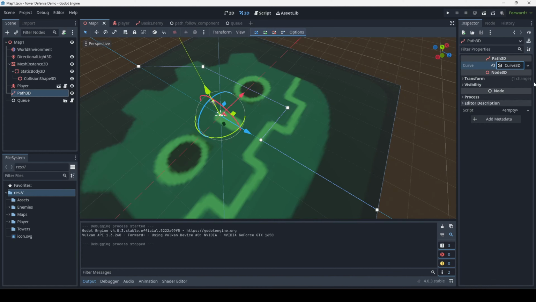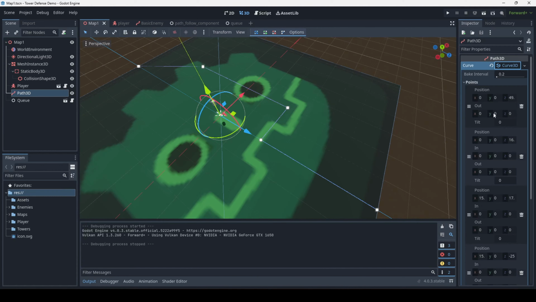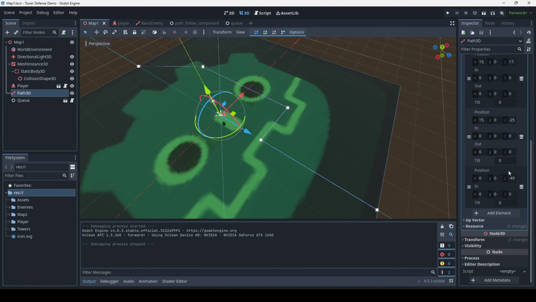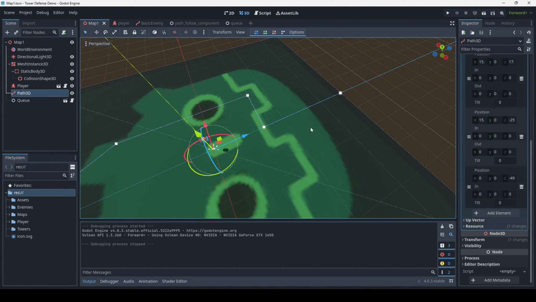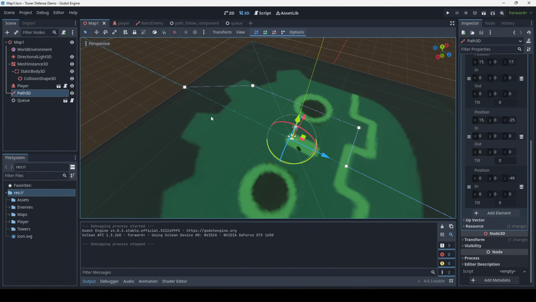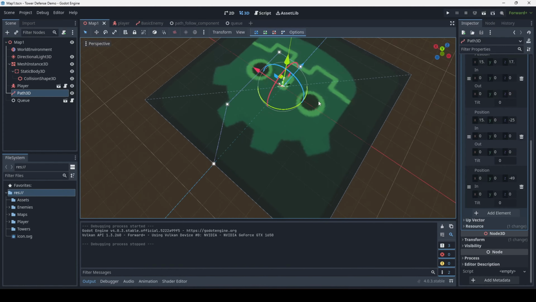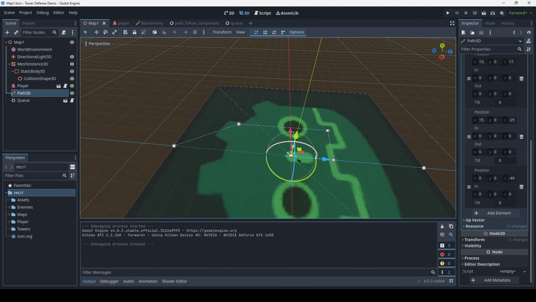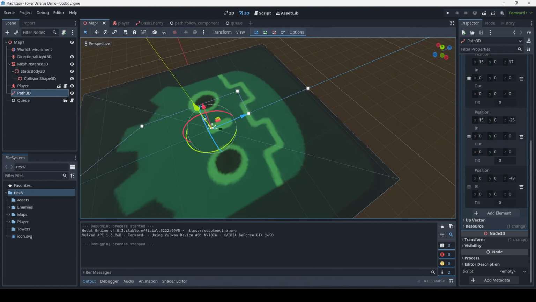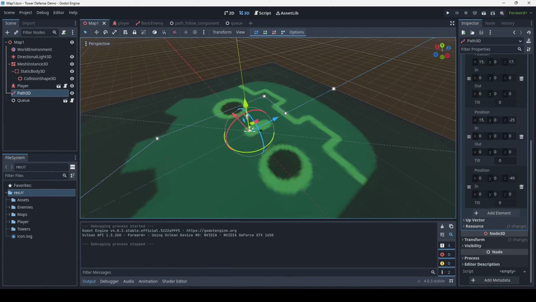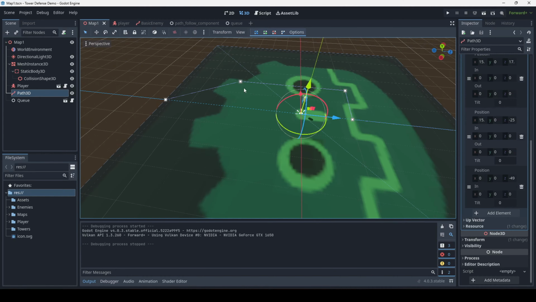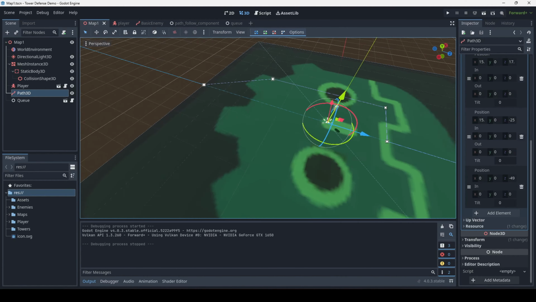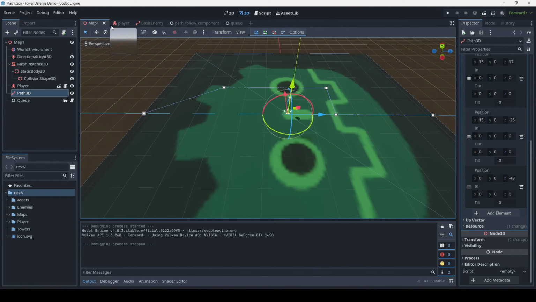You can also use the properties to change the positions if you want them to be exactly straight or something. You could add tilt onto them too. There's a bunch of things, but I just kept mine fairly simple. You want it to go across the map, have a start and end,